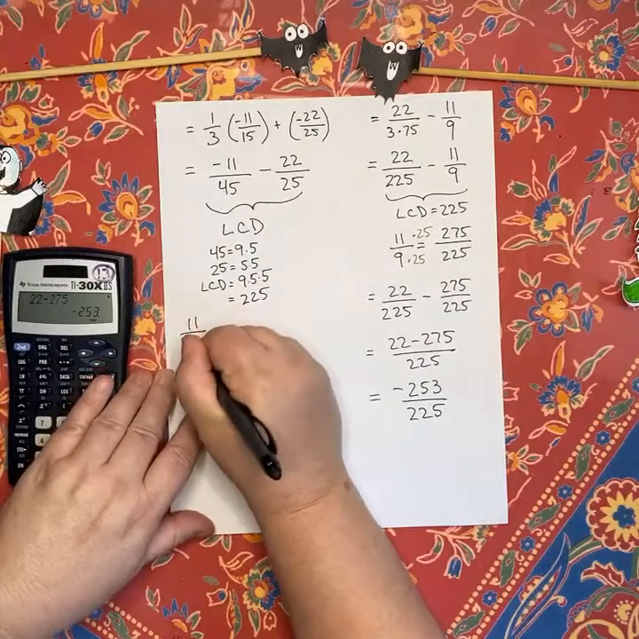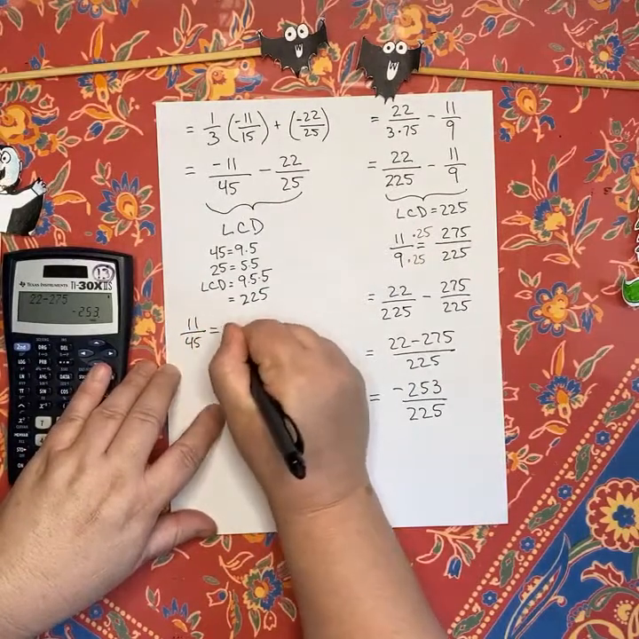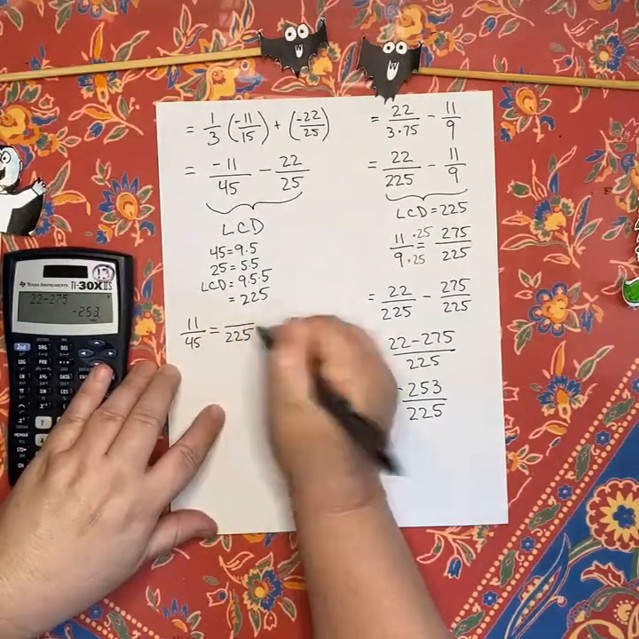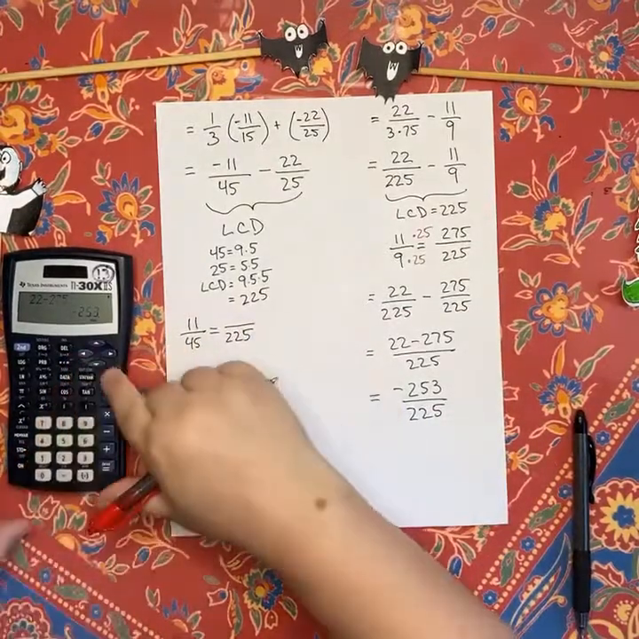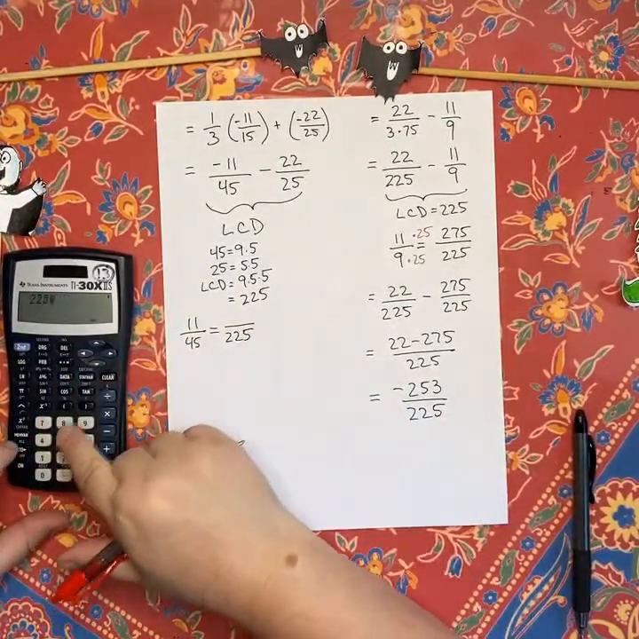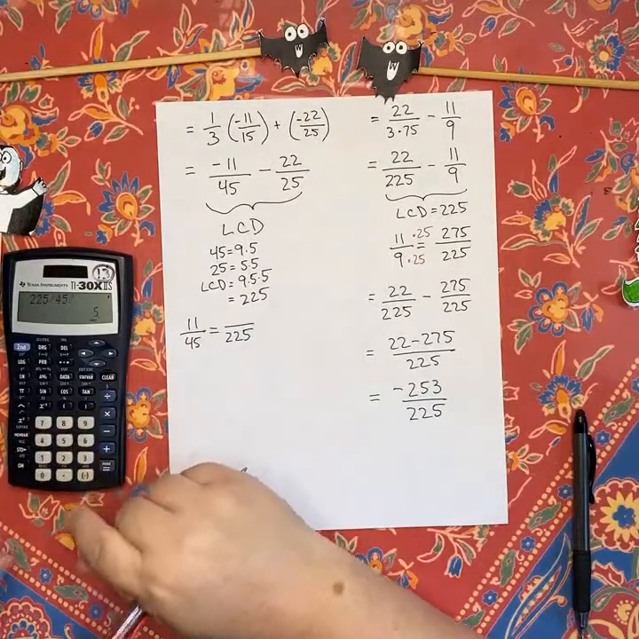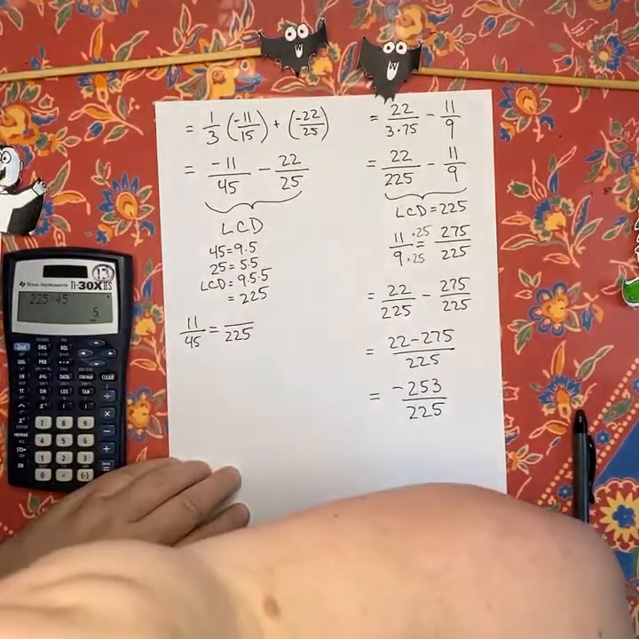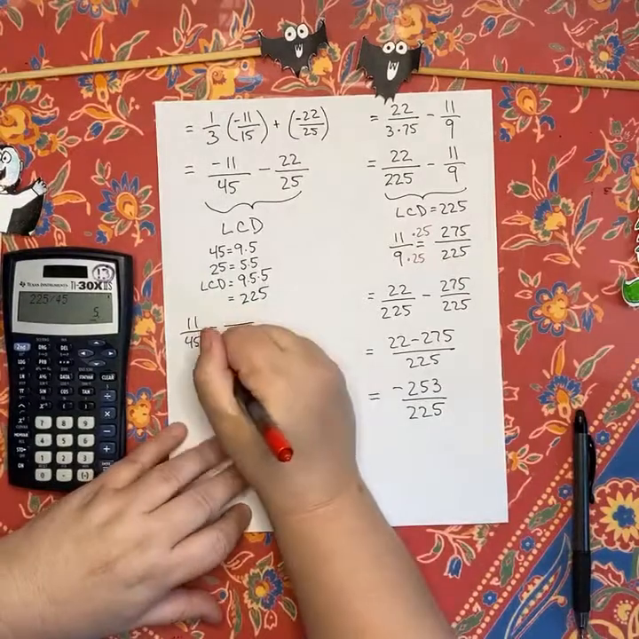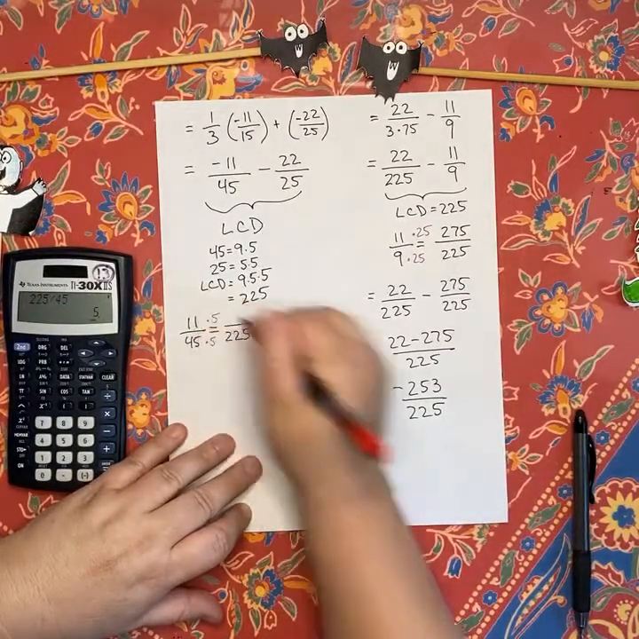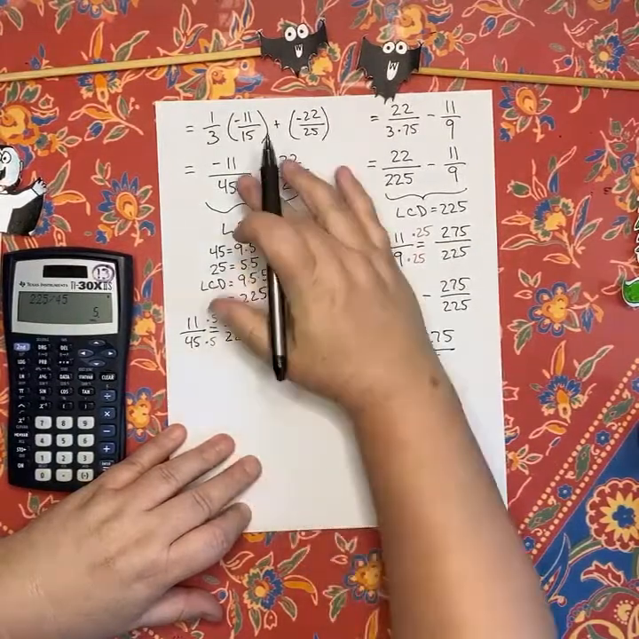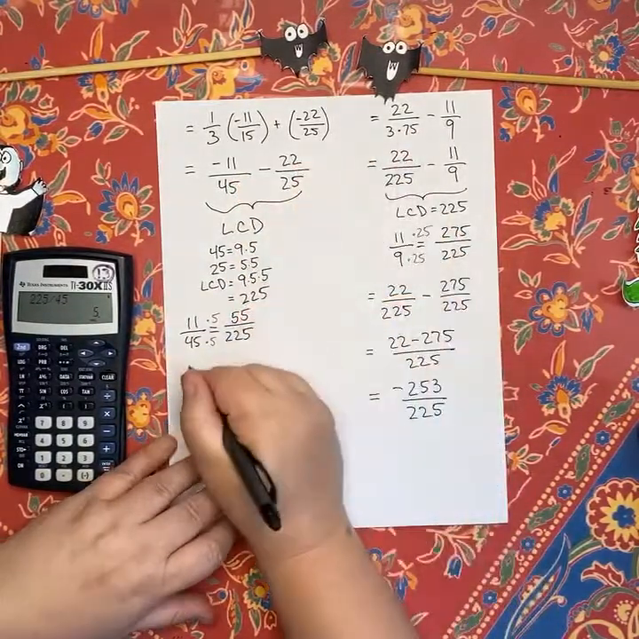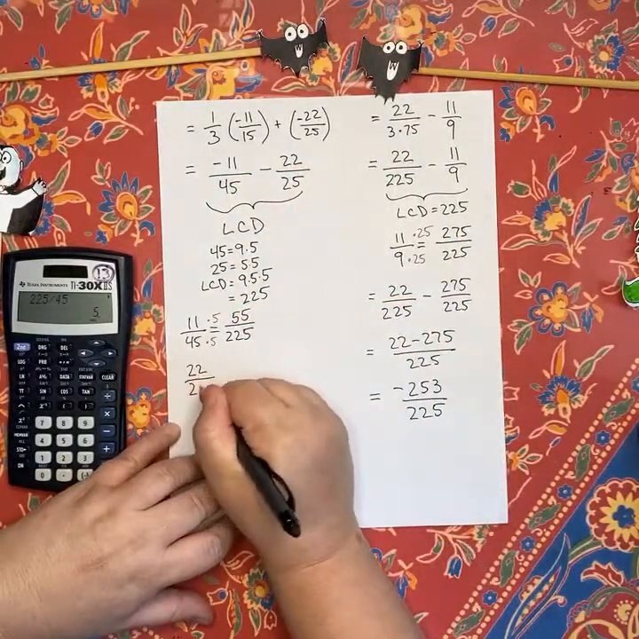So 11 over 45, convert that to 225ths. 225 divided by 45 equals 5: 9, 5, 5 times 5 here, times 5 there. So I get 55. I'm converting that fraction. Now I'm going to convert this fraction, 22 over 25,